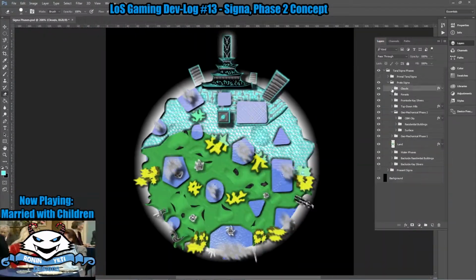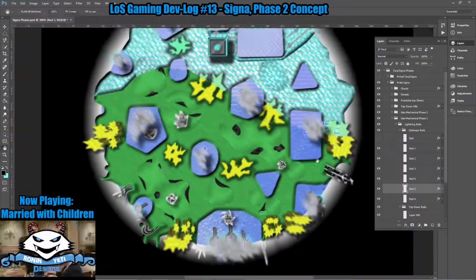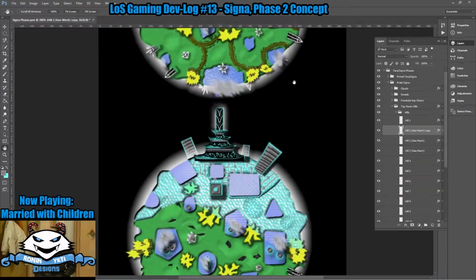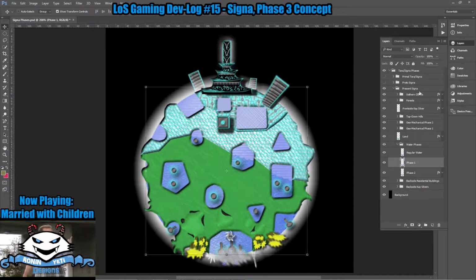There's a lot more going on with this planet than I can really show, but suffice to say, the second phase is just trying to show the transition from normal to not so normal, at least for Tarkans. As you can see there were actually some lightning rods to try to get energy, but moving on to the third phase,